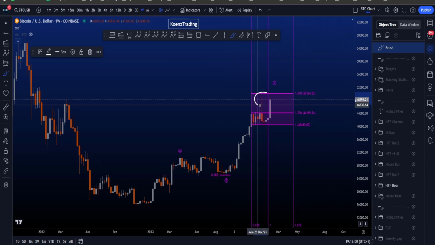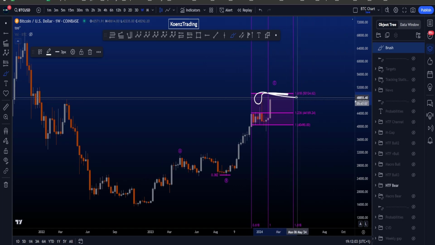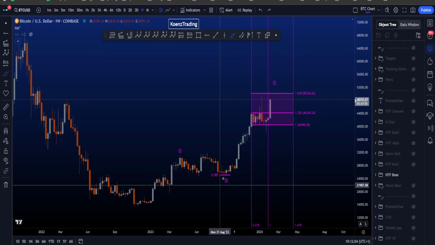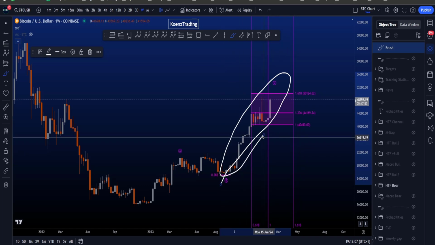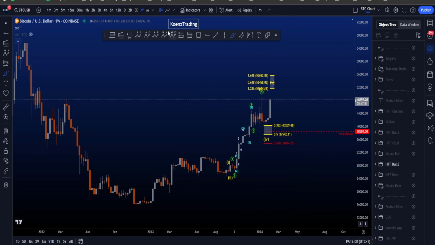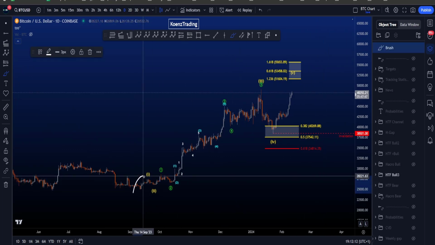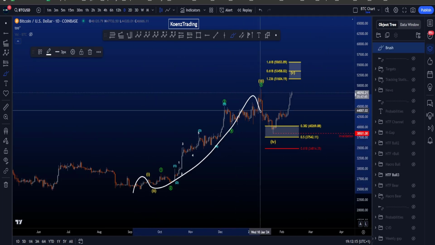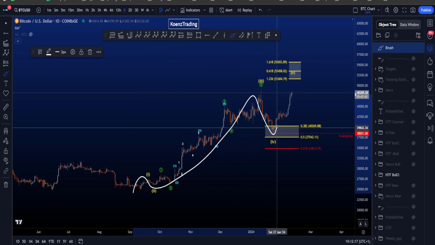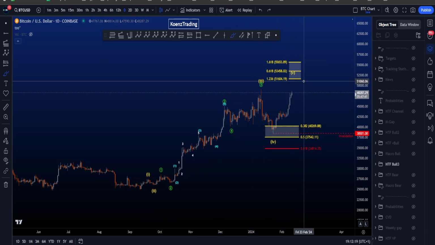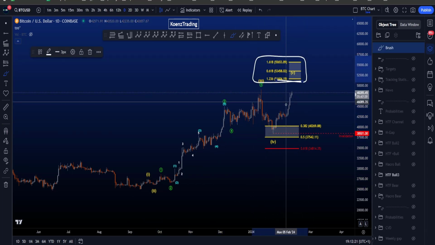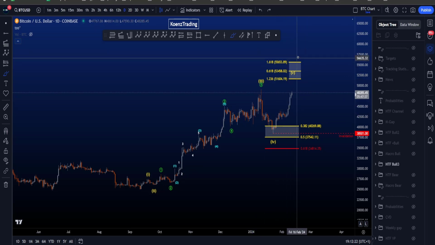Even if price here would take this high and hit the 1.618, there is still the possibility for this move to the upside to be an impulsive structure in a wave C because of this scenario over here. On the daily chart, we are then looking for the yellow 1, 2, 3 ABC in a wave 4 zigzag structure, and then another wave 5 to the upside, where your target area is between 51.6k and 55.6k for